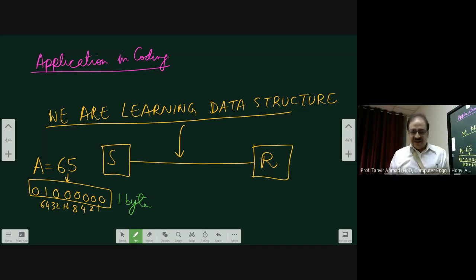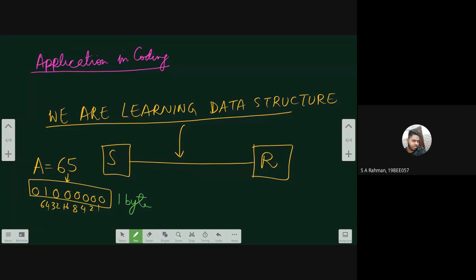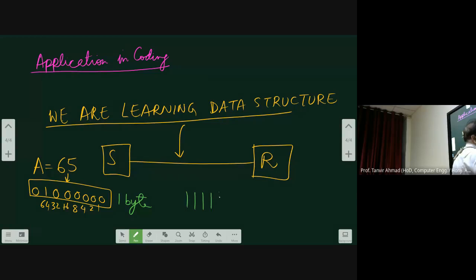Now that must be very clear to you. All ASCII characters take 1 byte. And therefore, how many ASCII characters are there on your keyboard? How many characters can you depict using 1 byte? Yes, 256. It is nothing but 1 plus 2 plus 4 plus 8 plus 16 plus 32 plus 64 plus 128 will give you